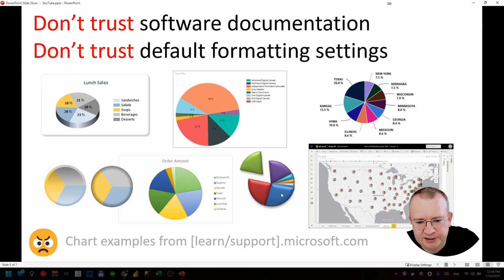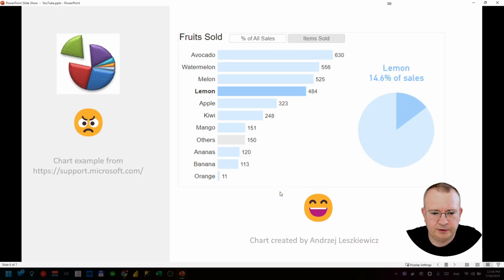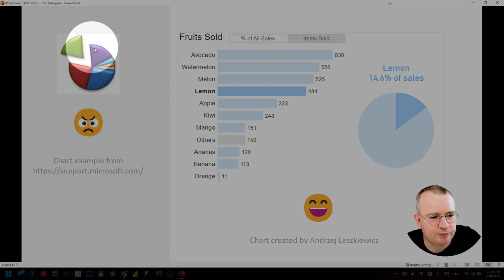Regarding the 3D exploded pie chart, I have an example of how you can make this chart better, or not exactly make this chart better, how you can use a different chart to better explain your data. I don't know what this green exploded slice is supposed to mean.